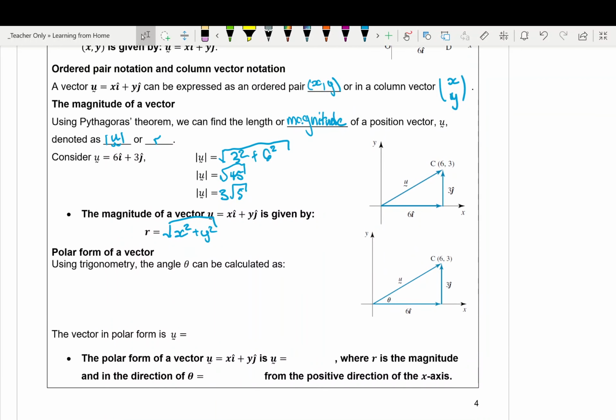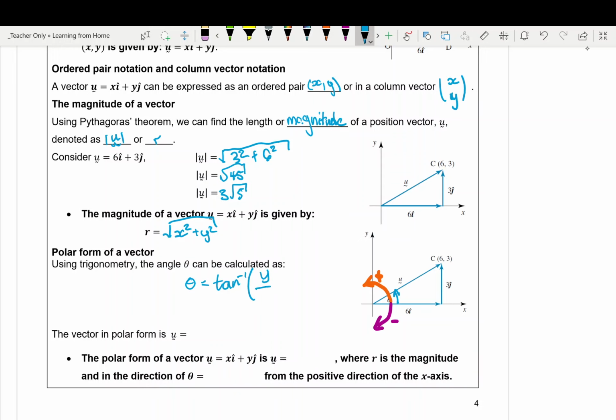The other piece of information we can get from this is the angle, so the angle it makes with the x-axis, right? Now, in terms of the angle it makes with the x-axis, we consider it two ways. It can either be the positive direction from the x-axis or the negative direction from the x-axis. Either is acceptable in polar form. In this case, we're going up and to the left, so we know our value for theta in this case would be positive. So using trigonometry, the angle theta can be represented as theta is equal to the inverse tan